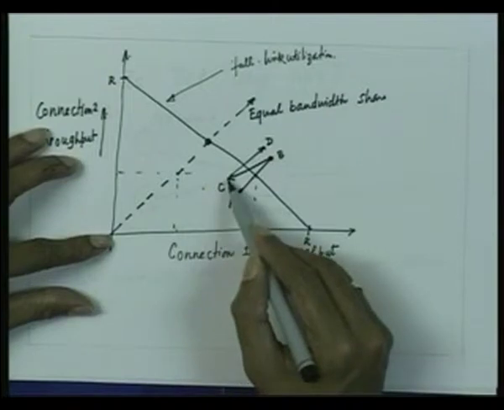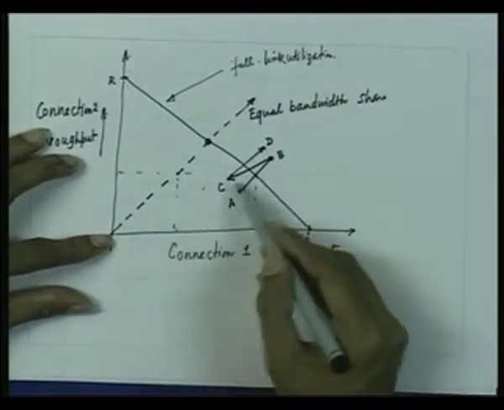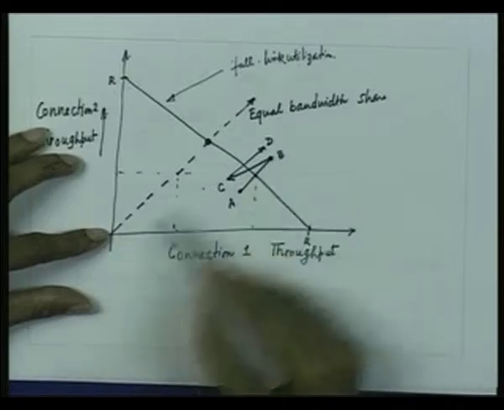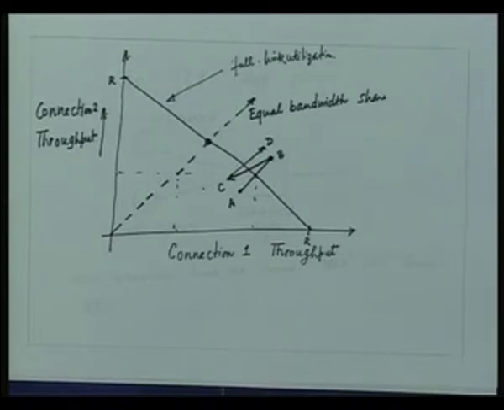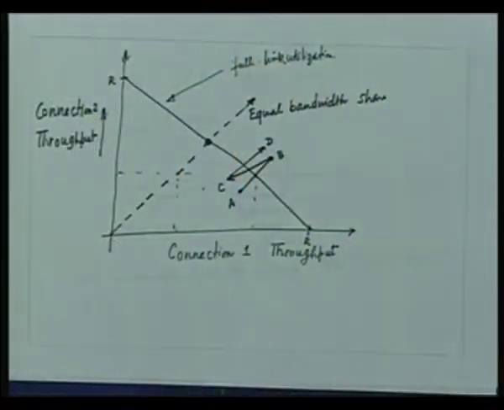So in the diagram of course it is not drawn to scale, but what you can do is join the line from the origin to B and reduce it to half. So what we can see really is that with TCP, the two connections which have the same maximum segment size and the same round trip time will try to achieve their optimal point. What is their optimal point? Their optimal point is this, where both sources are getting equal bandwidth share and the link remains fully utilized. So this way we can have an effective allocation of the link bandwidth share.